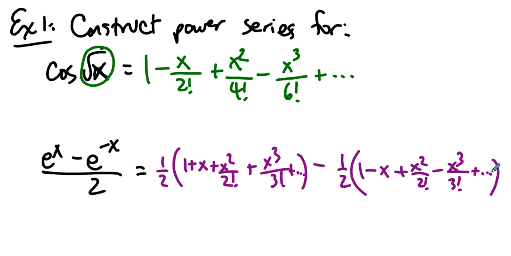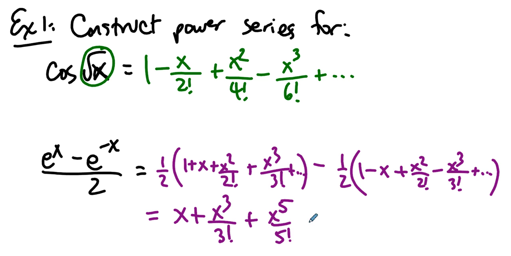Well, what happens when we subtract those? Well, you get a 1/2 and a negative 1/2. They cancel. You get an x over 2 and an x over 2, that's x. And then the x squared terms cancel, but then you get x cubed over 3 factorial. And this continues. The even terms drop out, the odd terms remain. You can make a power series using previously existing power series, which is super cool because